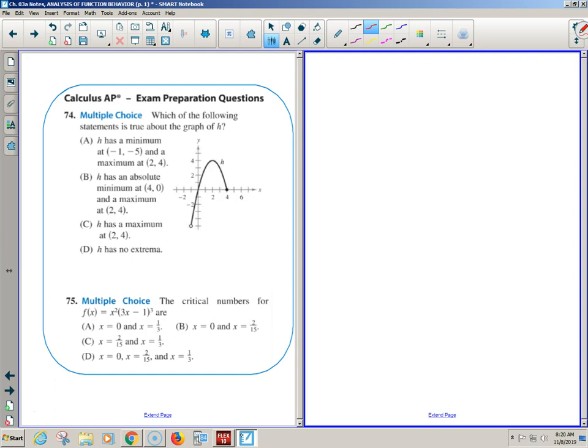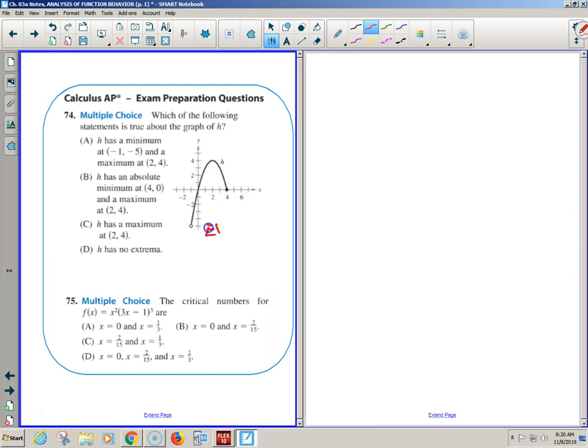So, first of all, h has to be continuous. Yeah, no jumps, no holes, no vertical asymptotes on a closed interval. It's not closed. It's half closed, half open. So does it meet EVT? No. By not meeting EVT, all I know is that there is no guarantee of having an absolute highest and an absolute lowest. But we can just look at the graph like your homework started to see what we do know. If you want, sometimes it is safer to think about what's here before looking at the answer choices.